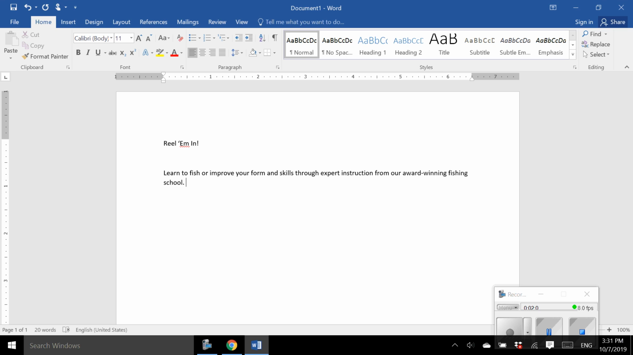And so we want to be able to highlight the information that tells us that our fishing school is really great. And so we're going to talk about some points that make our fishing school really great. So what should we use in order to create a list? That is correct. We are going to use the bullet button. So we're going to push enter, and then we're going to go up to the paragraph group and find the bullet button. We're going to click the bullets button, and we are going to type